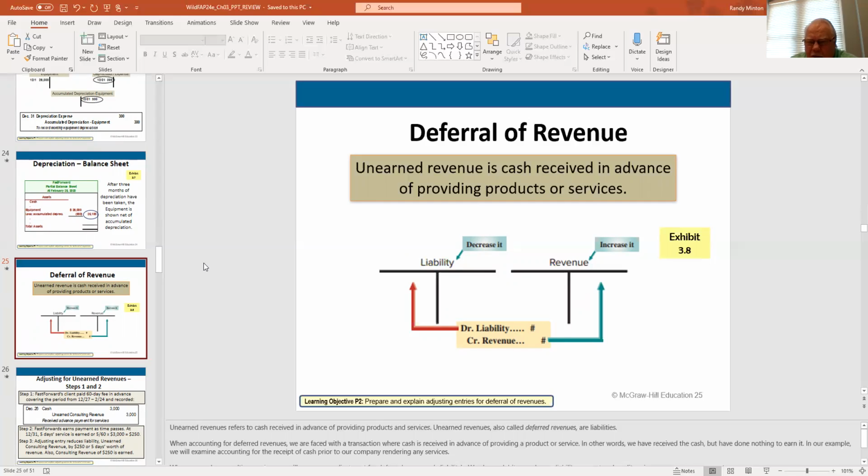All of the accounts that you have that are real accounts, the assets and liabilities, every single one of those is simply going to move over from the adjusted column to the ending or post-closing trial balance column. The only thing that's going to change is going to be your capital. That's the only thing that's going to change.